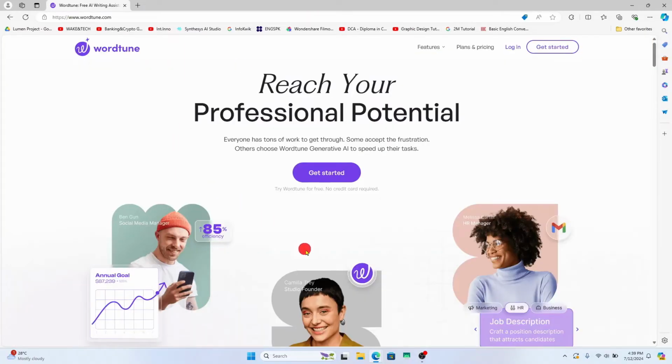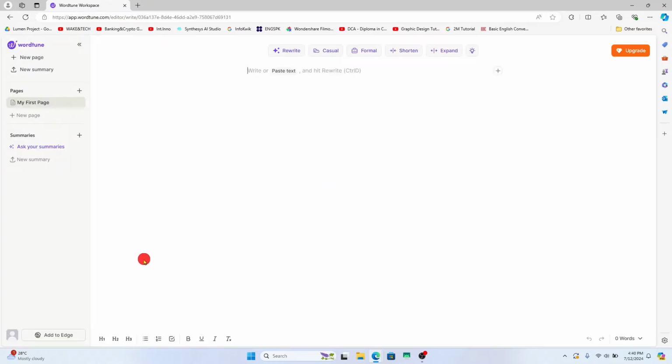Now, if you wish to contact the support team, then you will first need to log into your account. Click on the login button at the top right corner and then proceed forward through your social accounts or by entering your email address and using the login link that you receive within your inbox. Once you are logged into your account, click on the account icon at the bottom left corner and click on